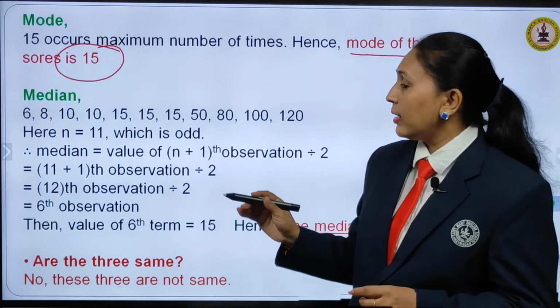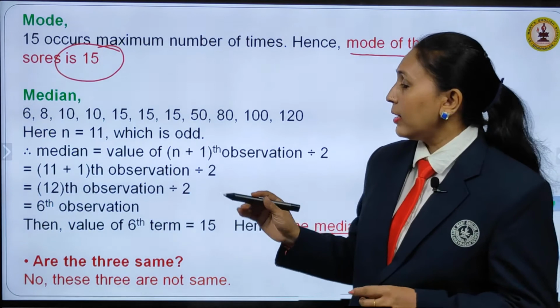Next, question number 3. The weight in kg of 15 students of a class are given to us. You can see these are all the weights in kgs of the 15 students. You are asked a few questions based on that. You need to find mode and median of this data. First, let us arrange the given data in ascending order. You can see I have arranged the data from the smallest to the largest here, starting from 32, the smallest, to 50, which is the largest.